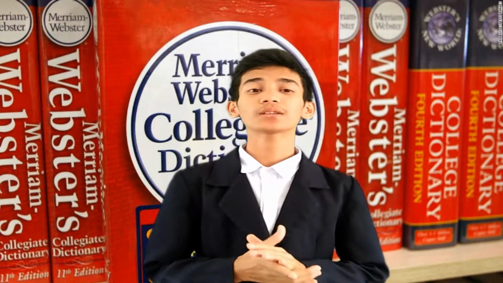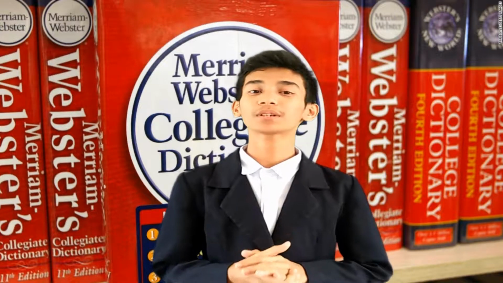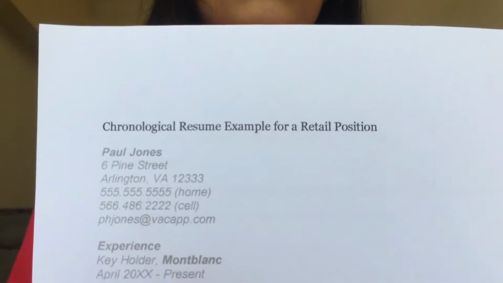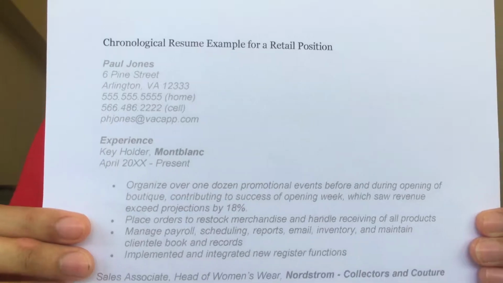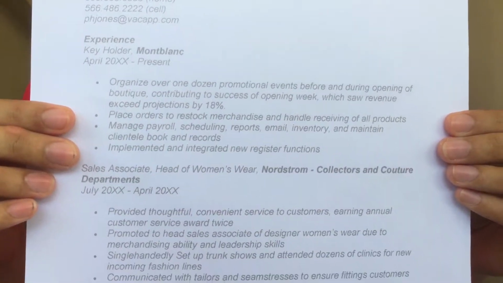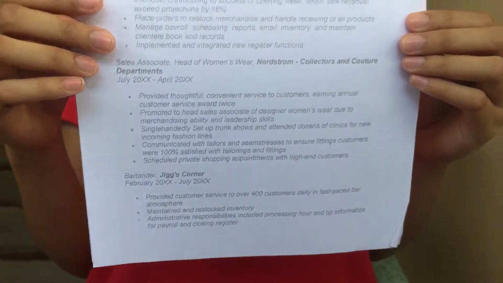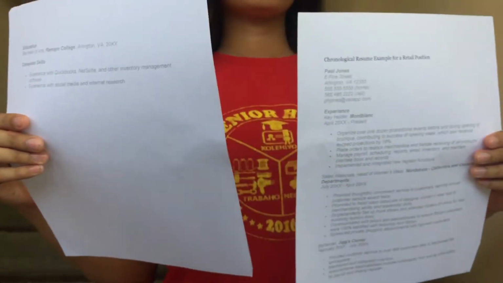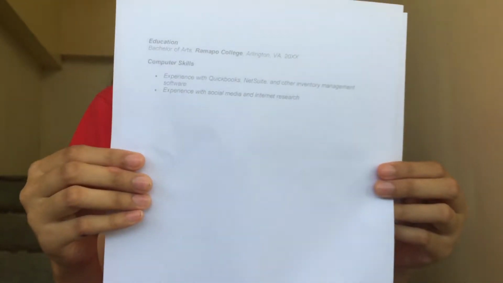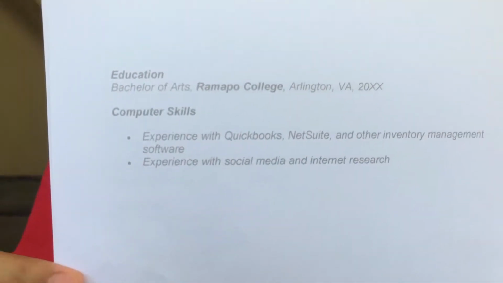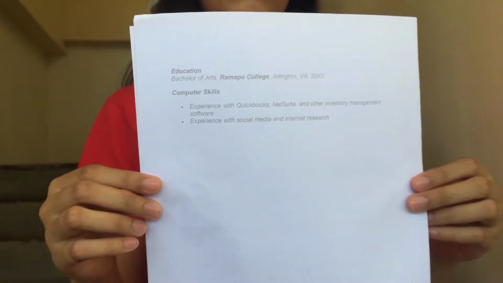Resume is a noun defined as a one to two page formal document submitted to job recruiters as a means to see the list of an applicant's work experience, education, and skills. There are three common types of resumes. The first type is the chronological resume. This resume starts by listing your work history, with the most recent position listed first. Below your most recent job, you list your other jobs in reverse chronological order. Employers typically prefer this type because it's easy to see what jobs you have held and when you have worked at them. This is the most common resume type.